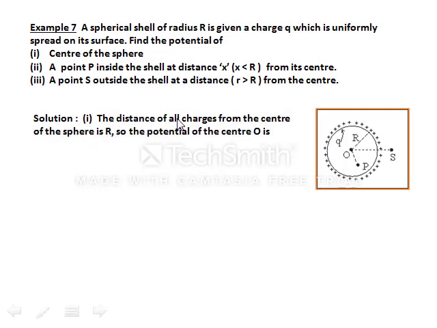So the distance of all charges from the center of the sphere is r. So the potential at the center is this one. Direct result. We don't need to integrate it. We can use it directly. Now for the second part,